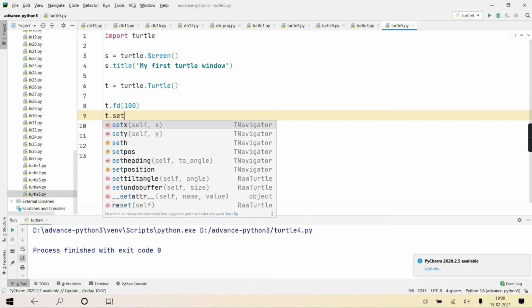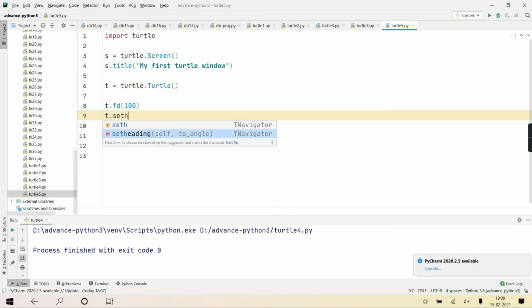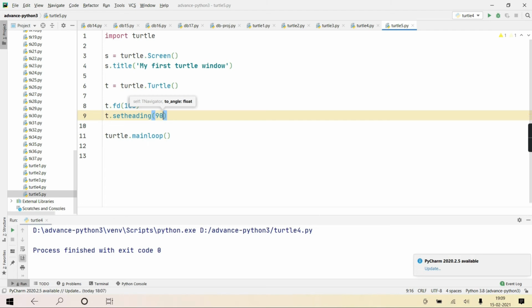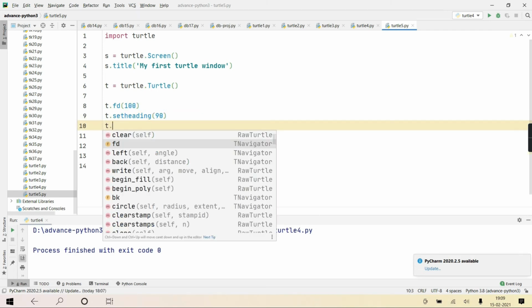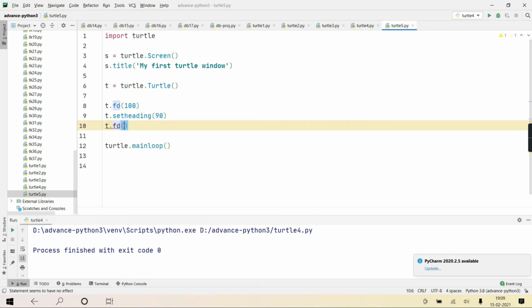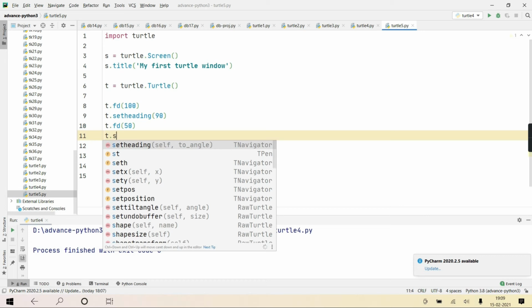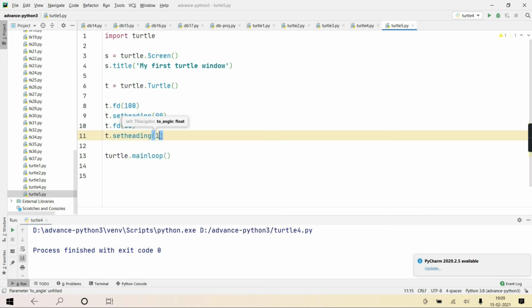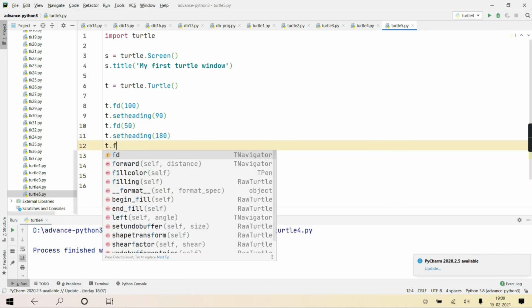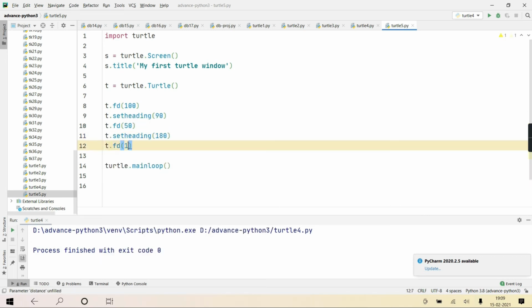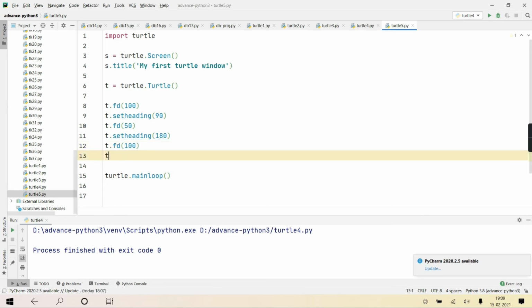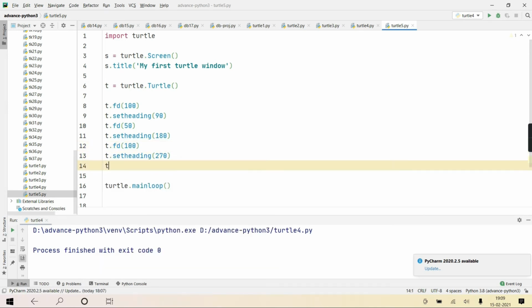Then T dot set heading, first is 90 degrees, T dot forward 50, T dot set heading 180, T dot forward again 100, and T dot set heading 270, and T dot forward again 50, suppose I'm taking.